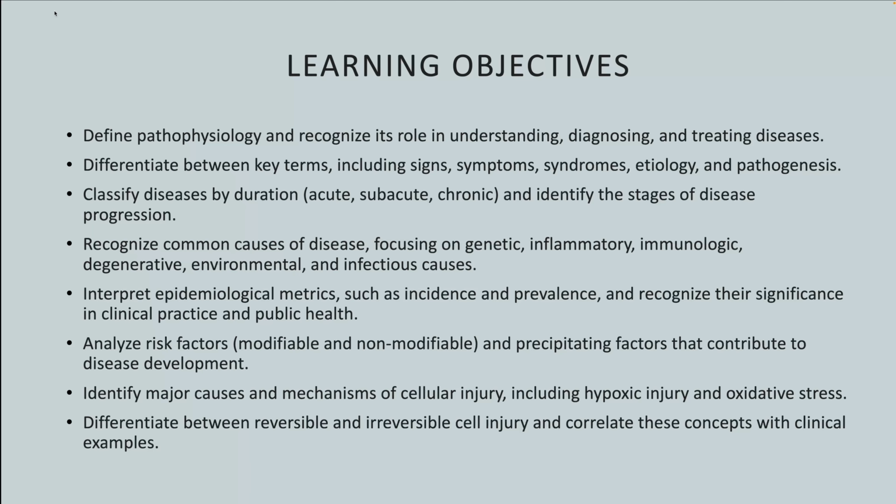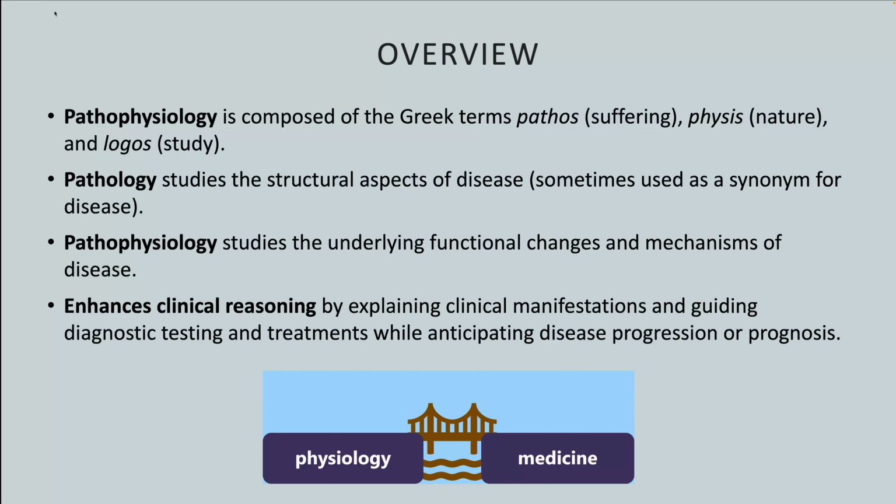And then the next presentation is going to be about cell injury, trying to understand how different etiologic factors affect the cell at the microscopic level, molecular level, cellular, and then these changes affect the tissues, affect the organs, and when the organs don't function well, then the entire body gets affected by this damage that in many cases starts at the molecular level. So pathophysiology is a term that is composed of